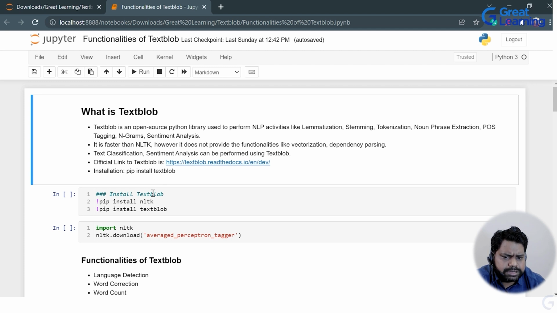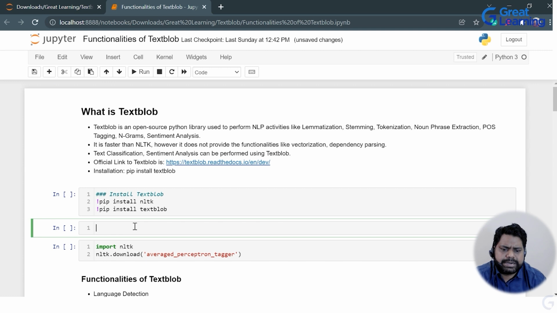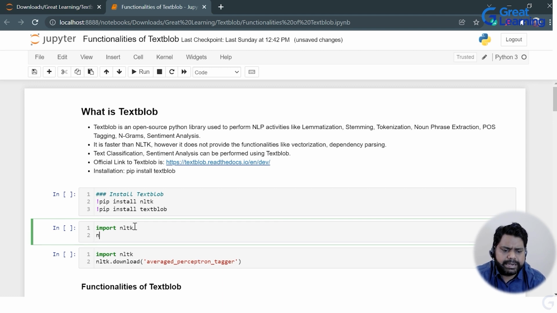So in order to install TextBlob, you need to have NLTK in your system. You need to have TextBlob. So pip install NLTK, pip install TextBlob. Since I have these installed, I'm not going to do anything. Then what you can do is just write import NLTK, and then nltk.download. In that you can write